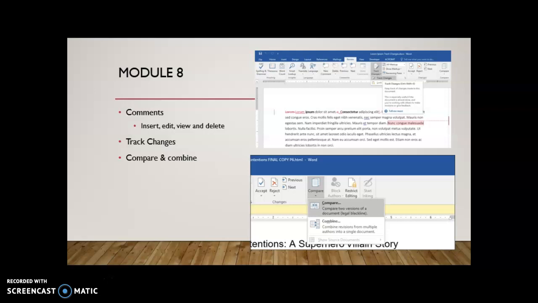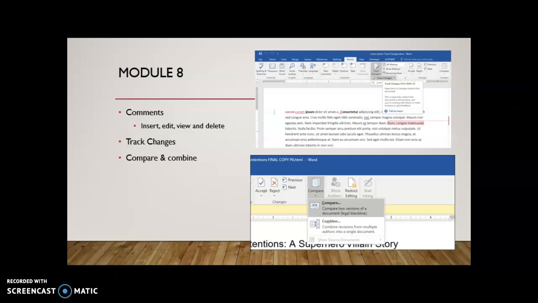You just click where you want to insert your comment, then click on new comment, and you edit. You write what you want in it. You can view it later if you want, and you can delete it when you're done with that comment, which is good when you're working with someone else because you can leave them comments, or even if you're working alone and you want to say something but you're not sure, you just put in a comment and you can come back